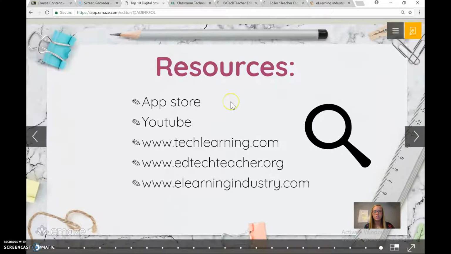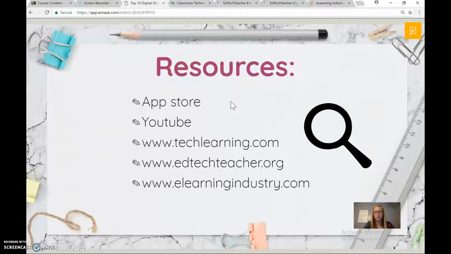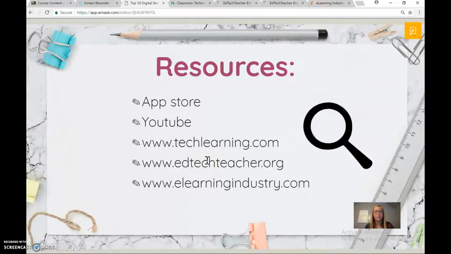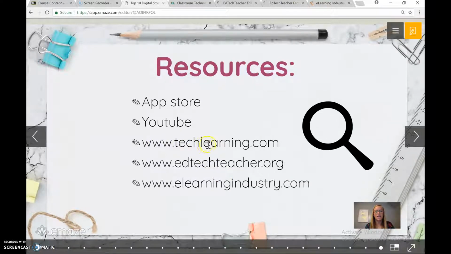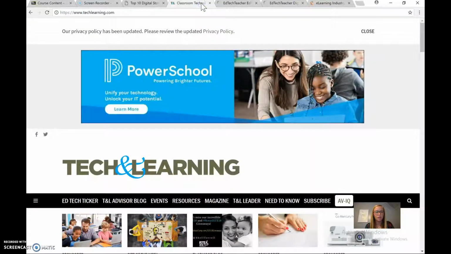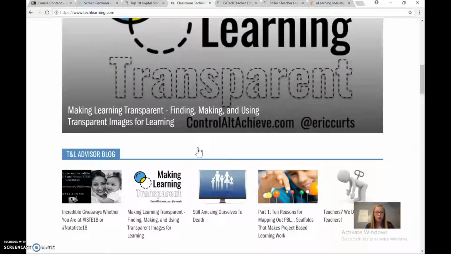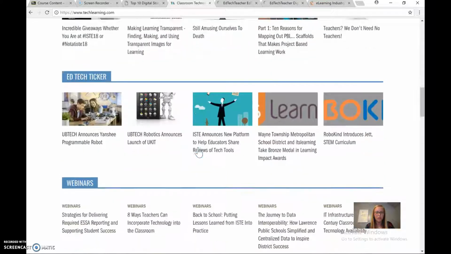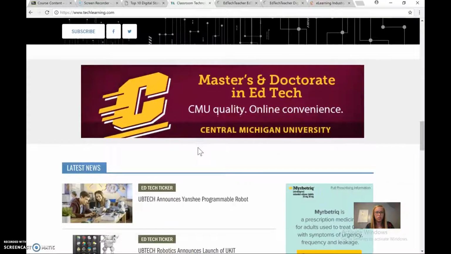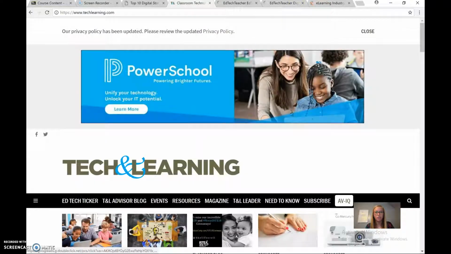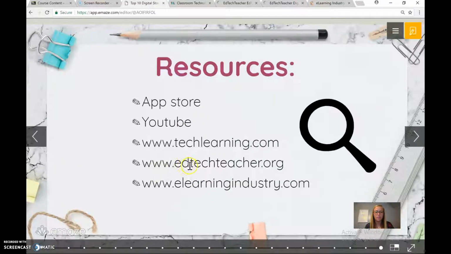Okay, so some resources that I used for this project was the App Store. It gave me plenty of information about each app. YouTube. There's 3 little sites that I found were very interesting and very helpful. One of them is techlearning.com, and it is right here. It gives tons of blogs, all things about technology, latest news about technology within your classroom. It's great to use. Okay, and then the next one is